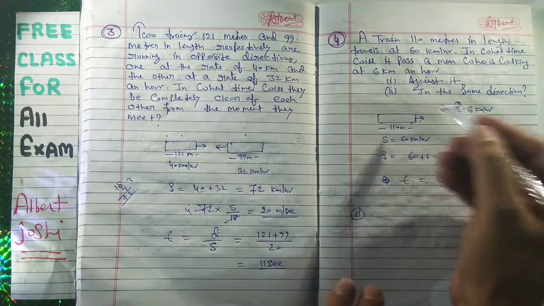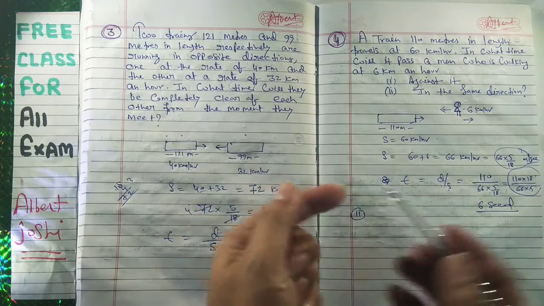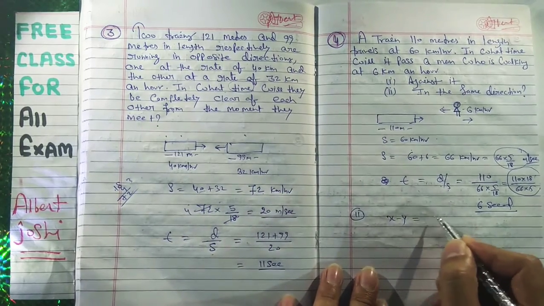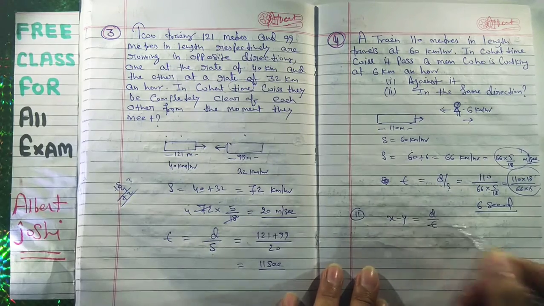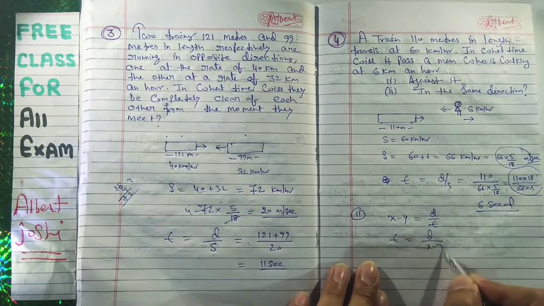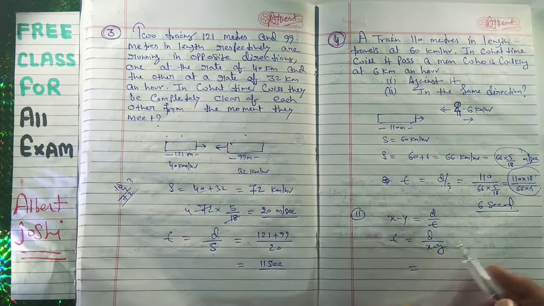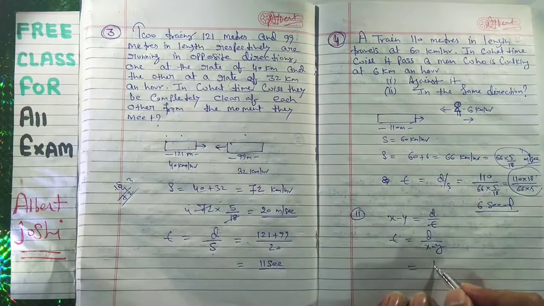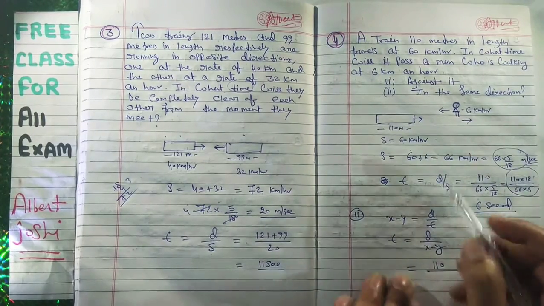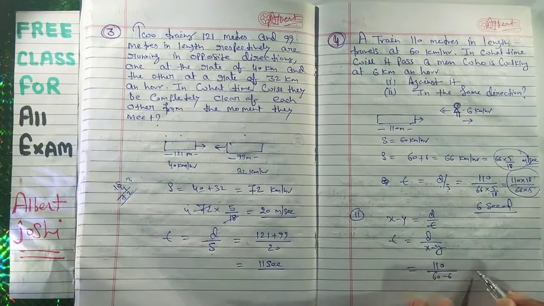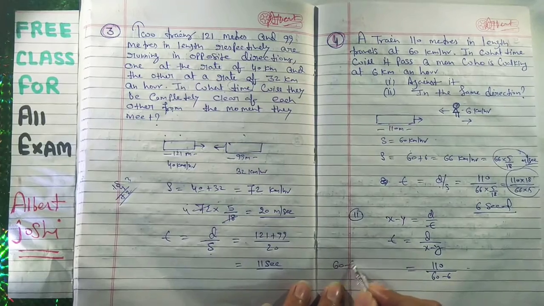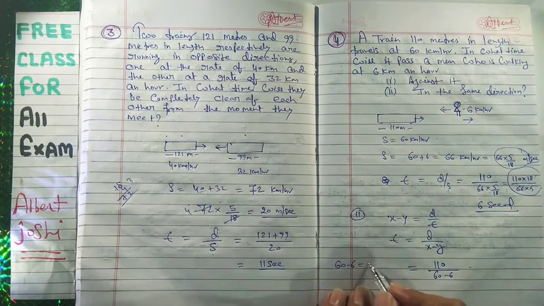Now second, when they are going in the same direction, then you have to subtract, means x minus y. Speed is equal to distance upon time, but we have to find the time. Time is equal to distance upon speed. In this condition, your distance is again 110. You will not think about the distance of this man. So upon x minus y, means 60 minus 6. At first you have to subtract: 60 minus 6 is equal to 54.